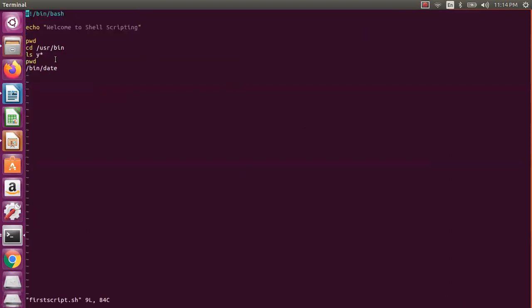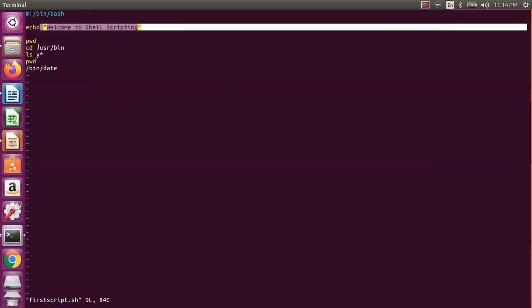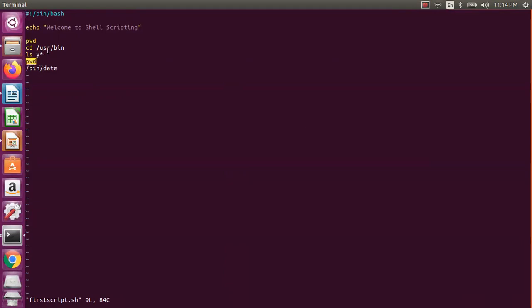Now I have written my script file. First it will give you this, and then pwd, it will go to this, and then whatever, and pwd it will give, which is nothing but /usr/bin only. Then I say whatever the bin date. I want to tell you that whenever you are writing a script and executing, it will execute in the subshell. That's what I want to tell you.